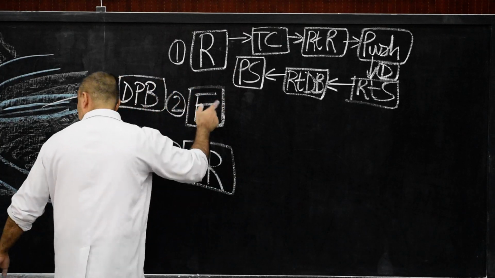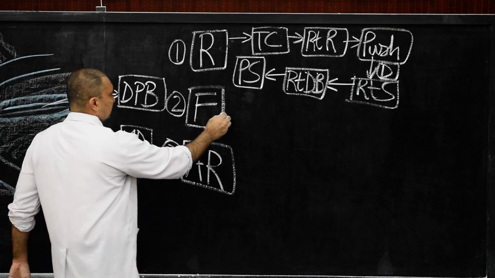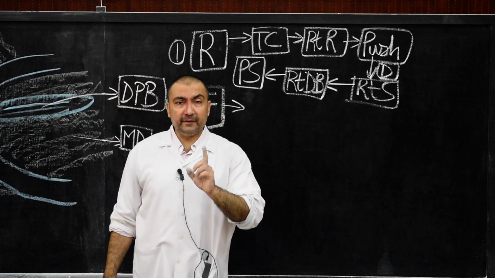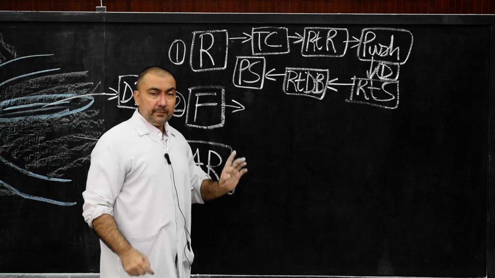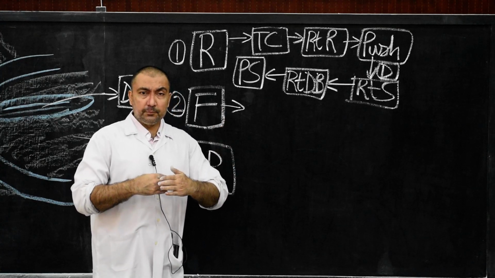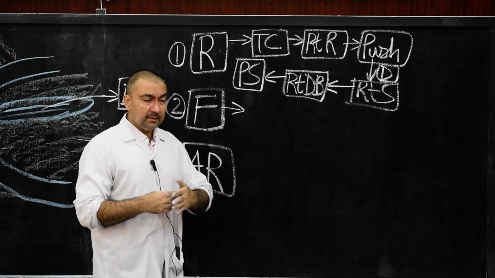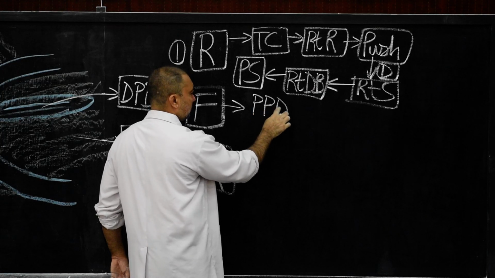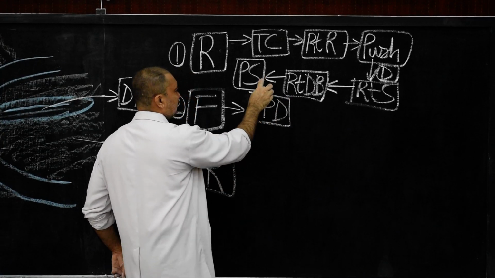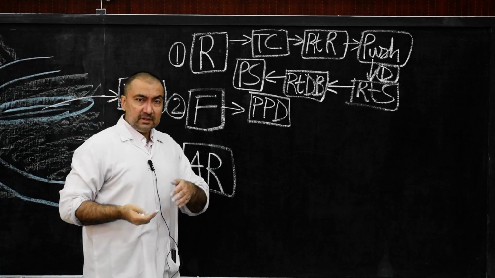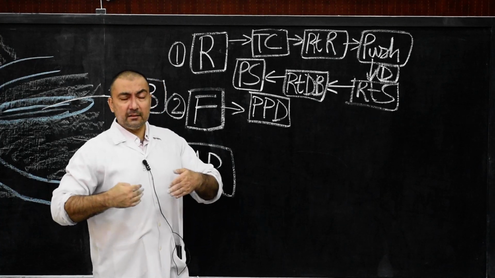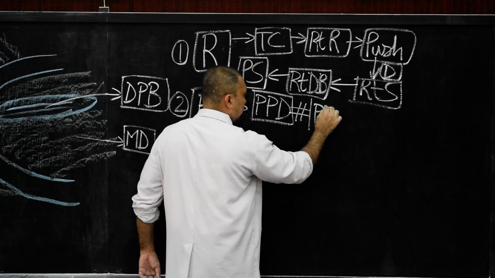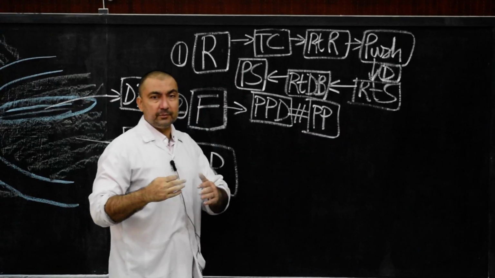Now second is fixation. Try and understand once again in flow chart. The fixation means the peritoneum which is attached on the posterior wall of duodenum. After this rotation, the peritoneum which is attached on the posterior wall of duodenum will merge with that of the parietal peritoneum which is present on the dorsal abdominal wall.